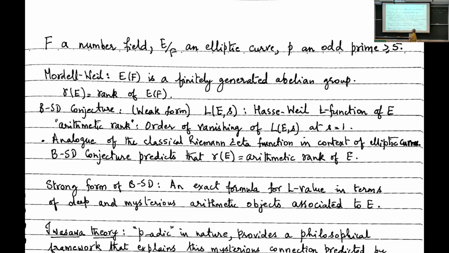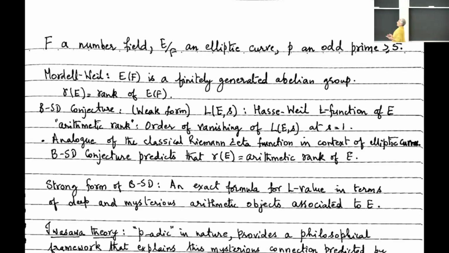Thank you. So I'm going to be talking about Iwasawa theory in a family of Z_p extensions. I'll be writing partly on the board, so people who cannot read, well, don't worry. So the situation is always the following. F will be a number field. E over F is an elliptic curve. P is an odd prime, which I'll assume to be greater than or equal to 5. 3 is also okay, but I'll have to make additional assumptions for 3. And 2 is a completely different story, which I'll keep away from.